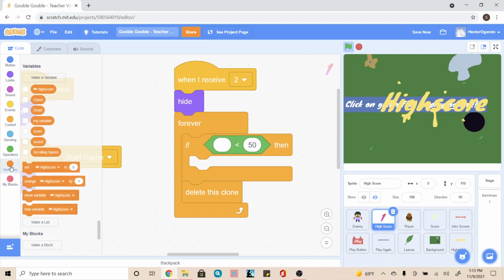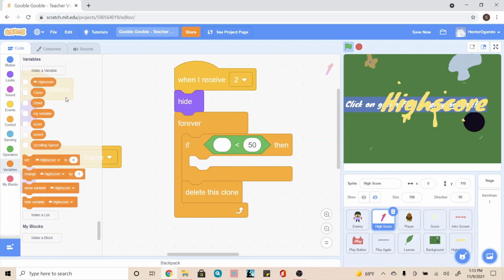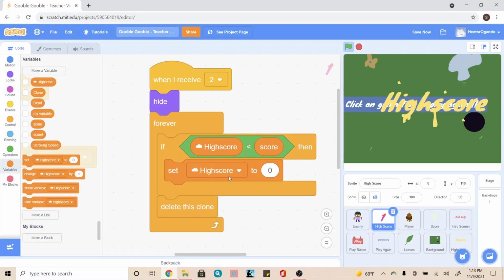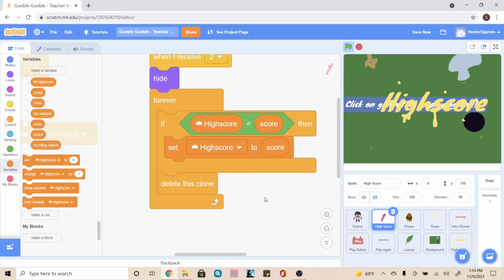We're going to go into variables, and on the empty bubble, we're going to go ahead and add our Highscore. And on the 50, we're going to add our score. Inside of the if, we're going to go ahead and add a set Highscore to, and we're going to add the score bubble to it. Now that we're done with that, the next thing that we're going to go ahead and do